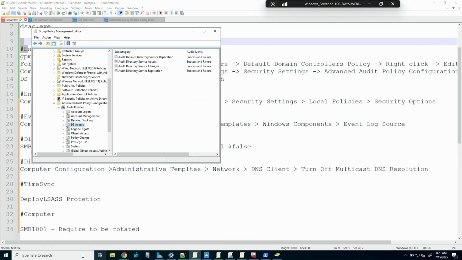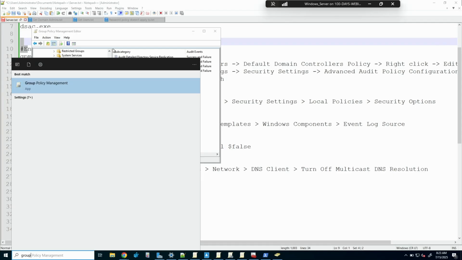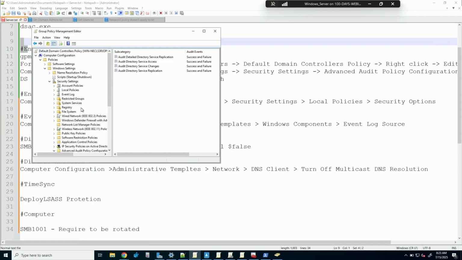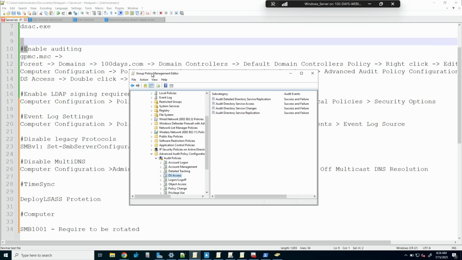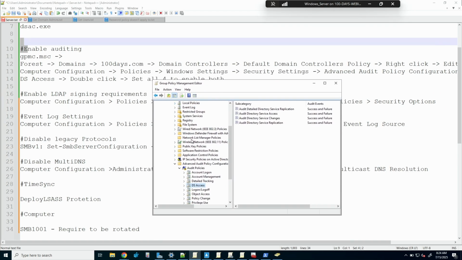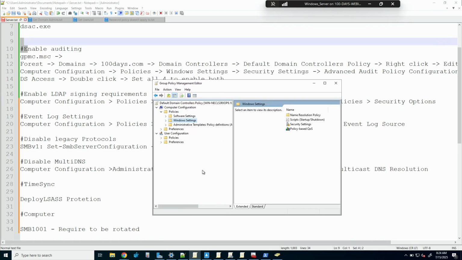So what we're going to do here is go into group policy editor, for those who don't know. I'll go right from the beginning, into group policy management. We can do that straight from the start menu if you're not a big Active Directory buff. We can see various group policies here. This is the domain group policy. I'm going to share these afterwards so you don't have to take screenshots, but essentially we can go to the domain controller's policy. I'm in the wrong place. So we're going to edit the domain controller policy, and I'll go back to the original page so I can show you how to get to that.